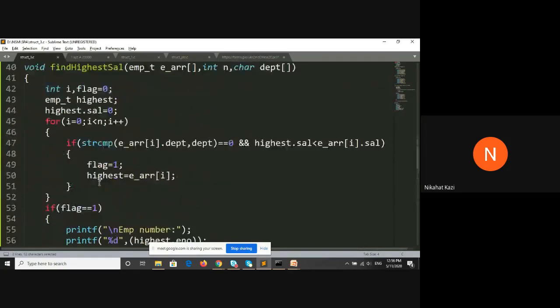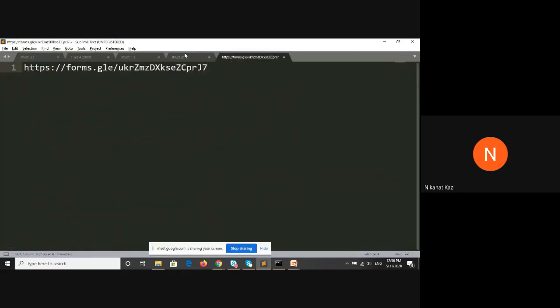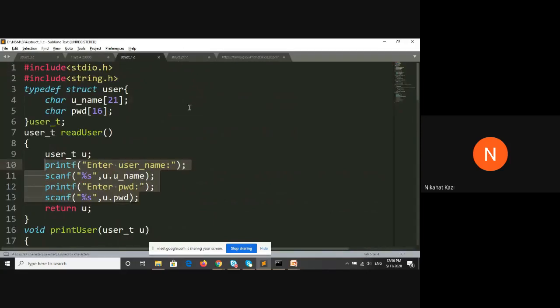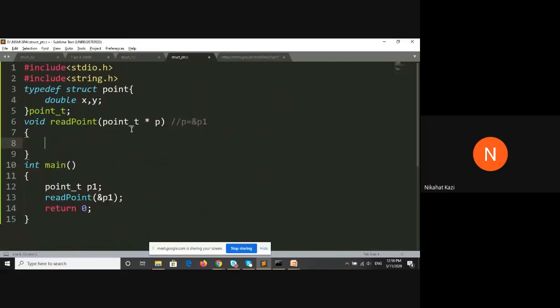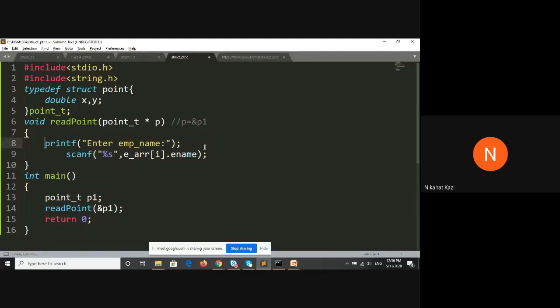We can borrow it from somewhere. Printf: enter the x coordinate, and